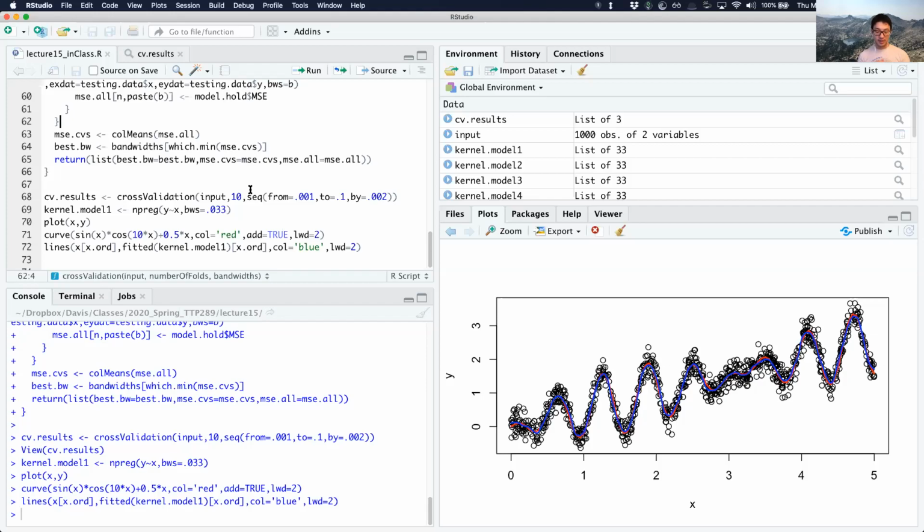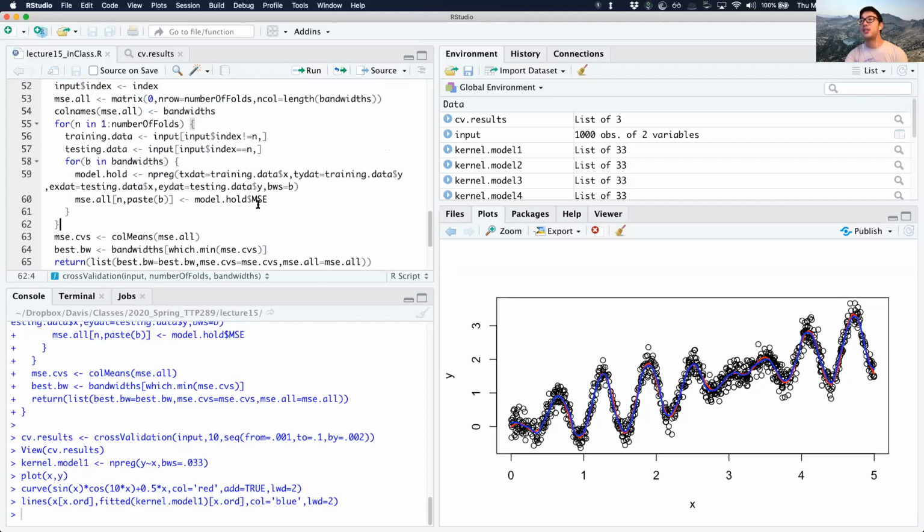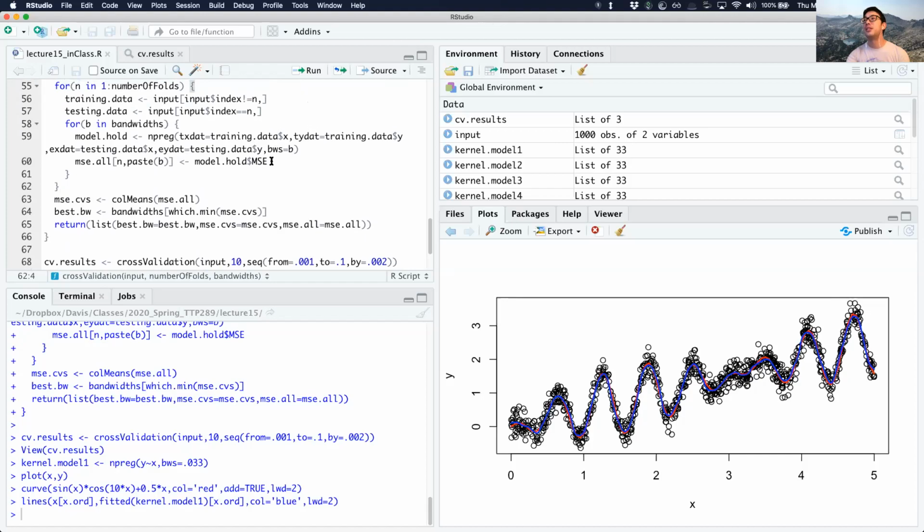Okay, and then another question. So what criteria is it using to compare? Yeah, in this cross-validation, the criteria is the mean squared error, right? Which is something that we can still pick out here. So we can get the mean squared error of the model with this $MSE, and it actually lets you do